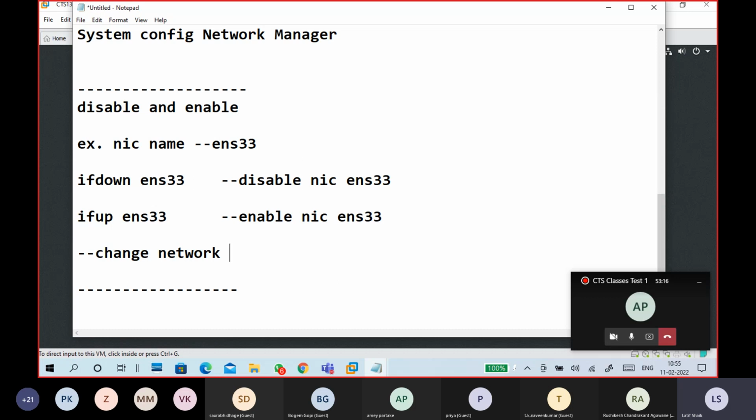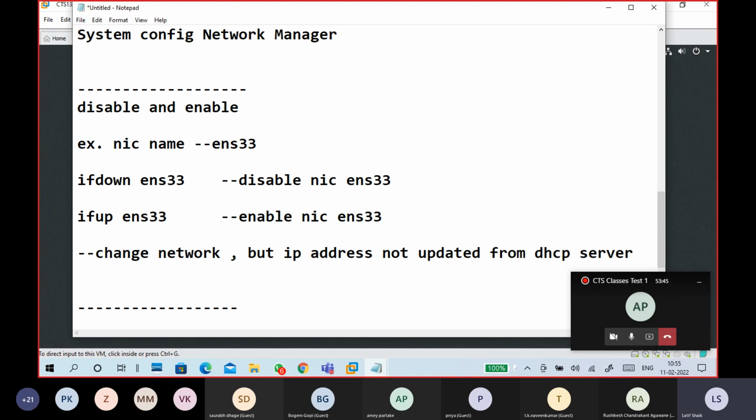Tomorrow I will connect to some different router, so I will get a different IP address. Sometimes the IP is not updating. You change a network, but the address is not updated from the DHCP server. So what do you do? Disable it, enable it. That time it will come up.